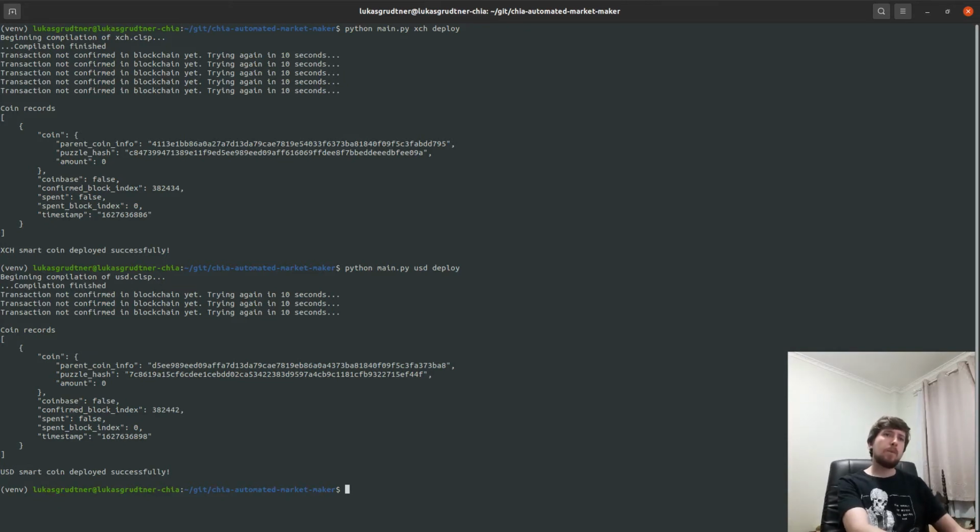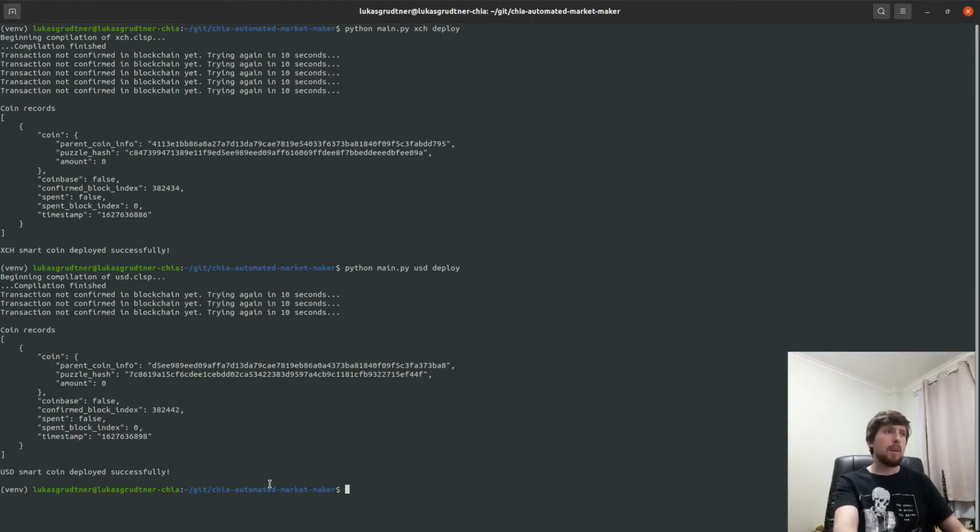Okay, now we have the coin information of the USD smart coin, the puzzle hash, the amount of 0 mojos, and that's it. Now we have the two smart coins deployed, and we want to transfer coins to